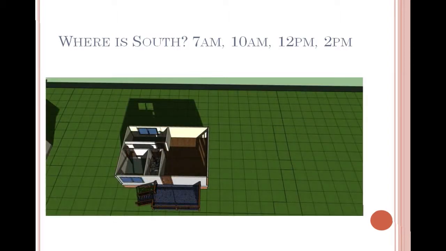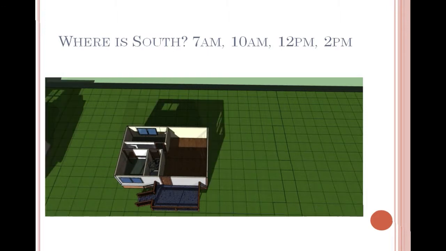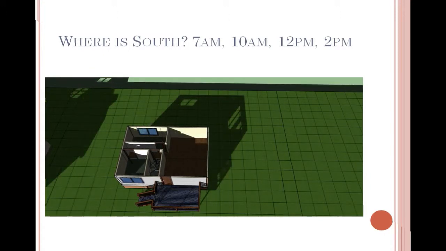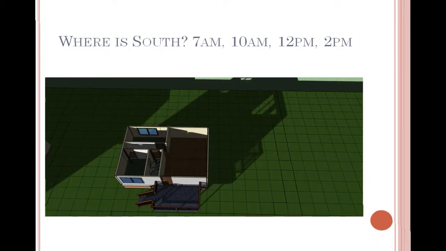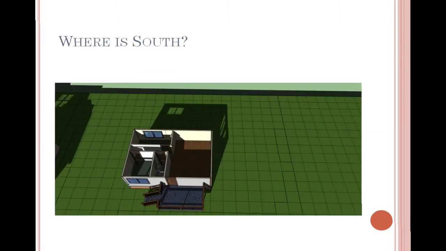So just pay attention to the shadows. You can see this is actually just because there's no roof, but this room is getting lots of light. There isn't much light getting in there, a little bit there. And then as you move throughout the day, you can see that this house really isn't getting that much light. And why is that? It's because the south wall is this wall here, and there isn't much glazing or windows